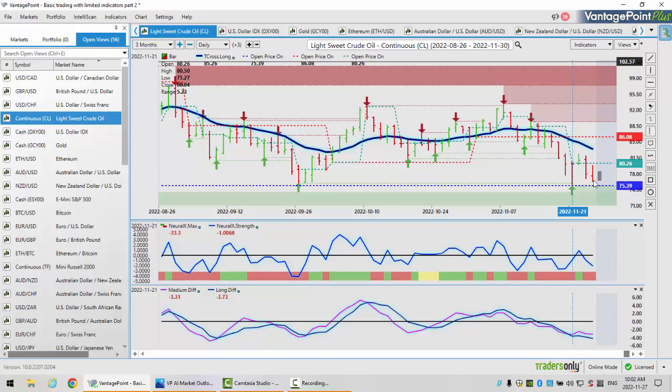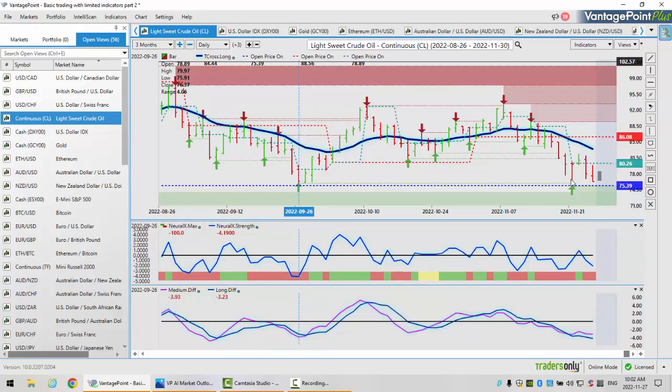Right now, oil is barely up anything on the year. We've closed the week at 76.28, near the yearly opening price. So if you bought or sold oil on January 1, you're basically flat on the year, slightly up, but not very much. Now, the one thing with the yearly opening price, this is the second time we've tested this level. So either this level is going to hold or it's going to break down below there.